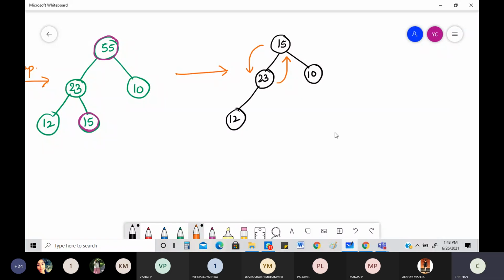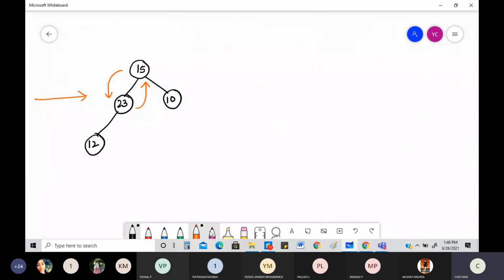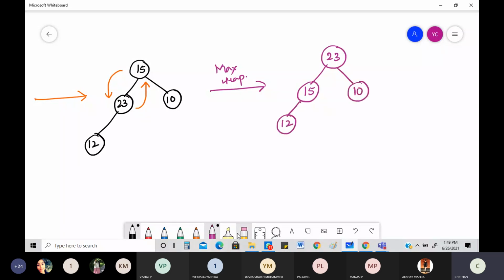Okay. So if I do that, what is going to happen? Let me check to what really happens here. If I do that, this is what is going to happen. This is with regard to maximum heap. I need to create a maximum heap. So this will become 23. And then you will be having 15 towards this side, interchange. Okay, 10 here and of course 12 here. Now, is this maximum heap?